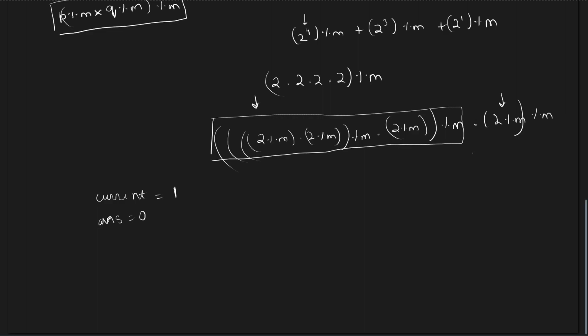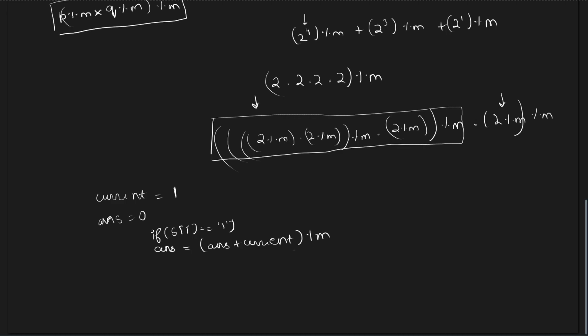We have to add this particular value in our answer depending on the value of i. So what we do is we initialize our answer with 0 and our current with 1. First of all, if the value of s of i is equal to 1, I'll add this value current to my answer. So what I'll do is answer plus current